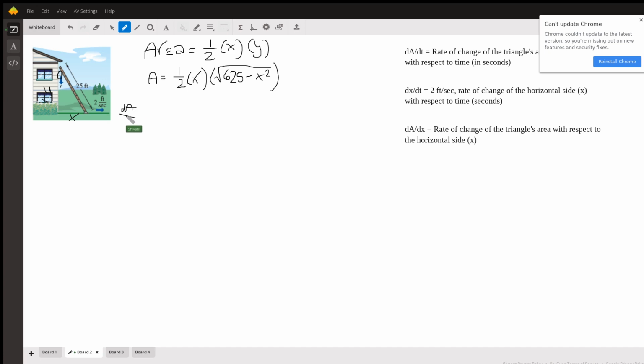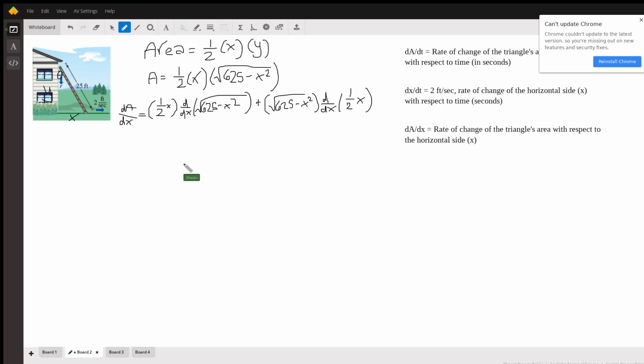So dA over dx is equal to 1/2 x times the derivative of root 625 minus x squared, plus root 625 minus x squared times the derivative of 1/2 x. So an easy way to remember the product rule is 1 times the derivative of 2 plus 2 times the